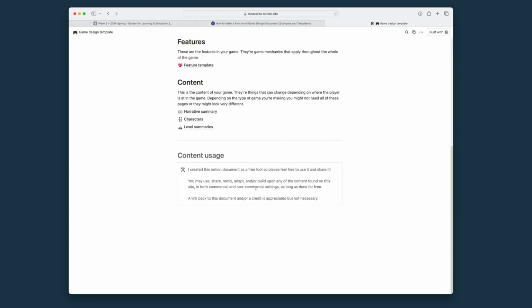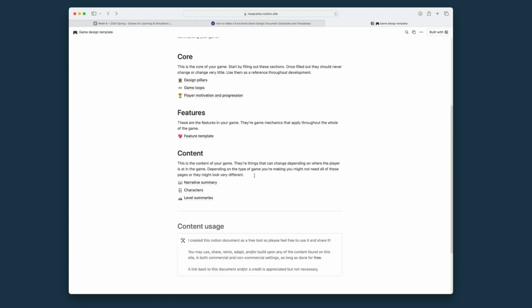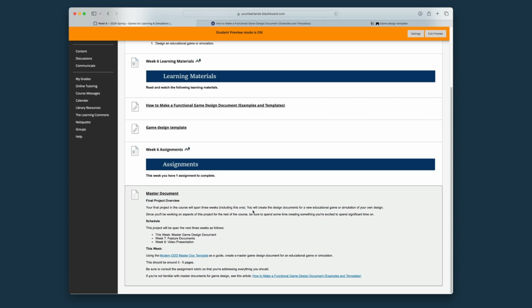Again, this is stuff that you probably have seen before if you've taken other courses in the game design program at U of C, but if not, make sure you read through this carefully. This is the only thing we're doing this week, so give yourself plenty of time to build that master document. Hopefully you've been brainstorming your thoughts about the game design all along. If you have any questions, be sure to reach out on Slack or through